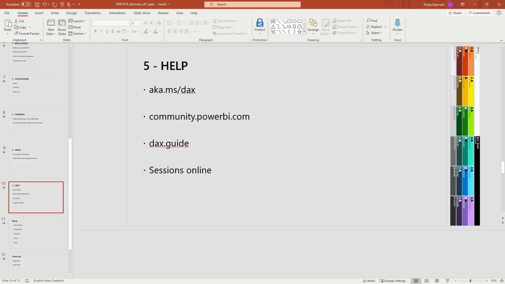The next place I would recommend is community.powerbi.com. There's a very rich and busy forum section there that you can sign up to, post your questions, post your DAX questions. You will get a number of good quality answers. Even if you don't want to post your question, the chances are the thing you're trying to do has already been asked. So go there and find other answers that people have suggested. DAX.guide is similar to the Microsoft reference guide. It's generated and maintained by Marco Russo and Alberto Ferrari. It lists every function with details on how to use it, where you might use it.